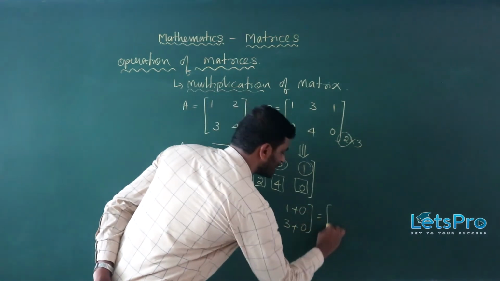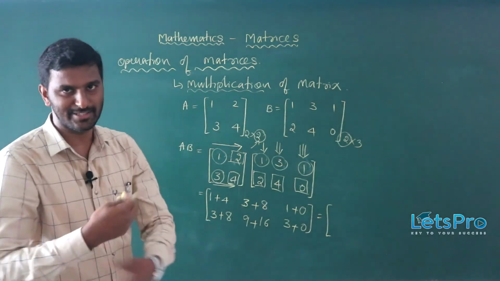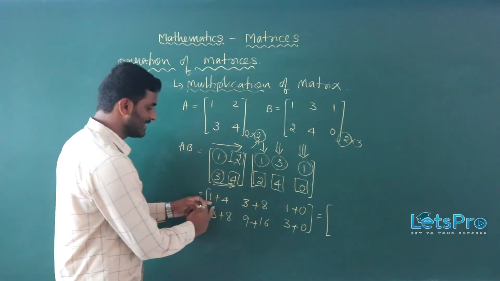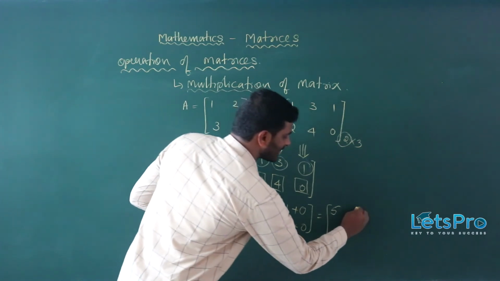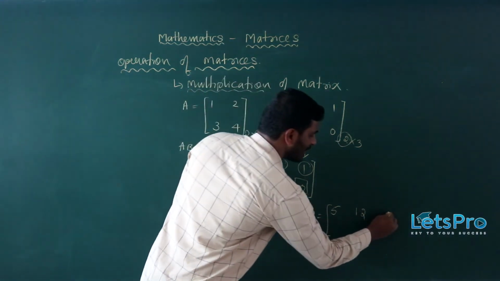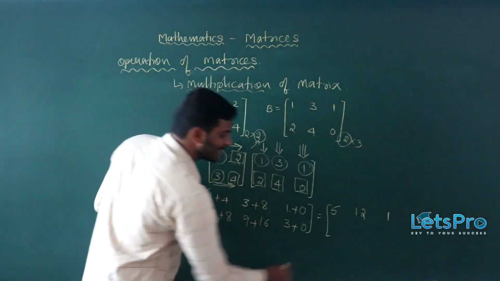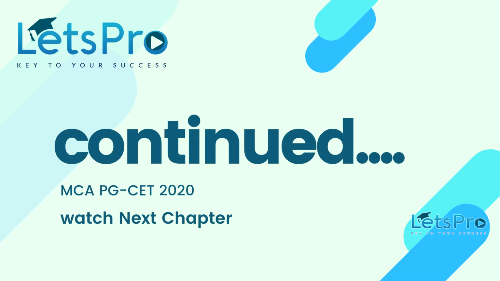This is one of the easy methods. I will tell you one more easiest method for doing the further CET questions. 4 plus 1 is 5, 3 plus 8 is 11, 1 plus 0 is 1, 3 plus 8 is 11, 9 plus 16 is 25, 3 plus 0 is 3. This is the first